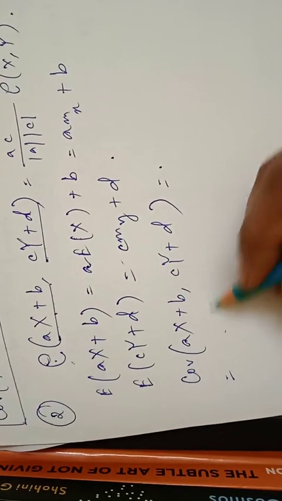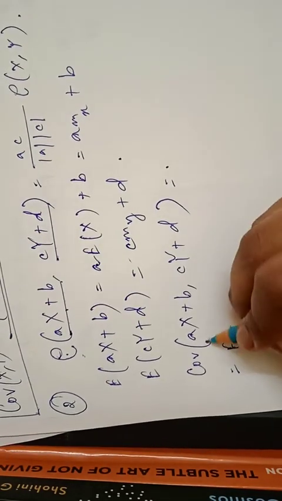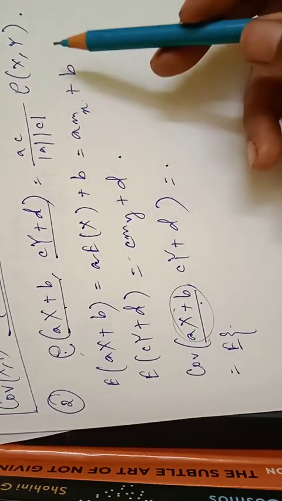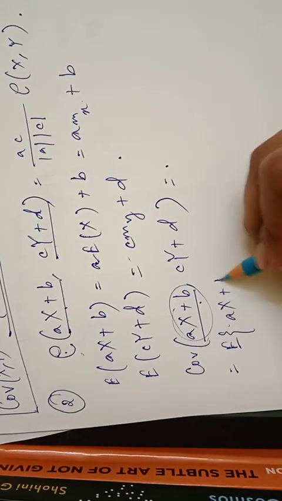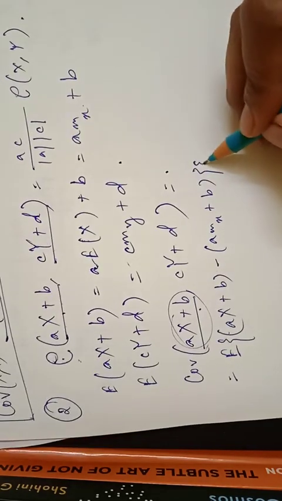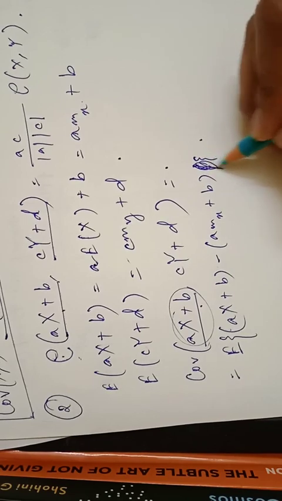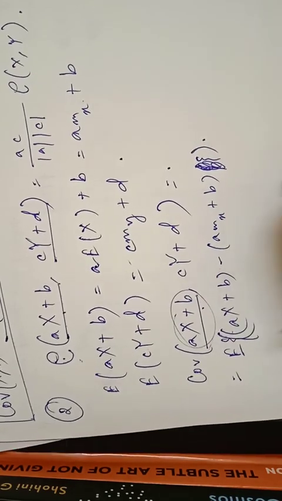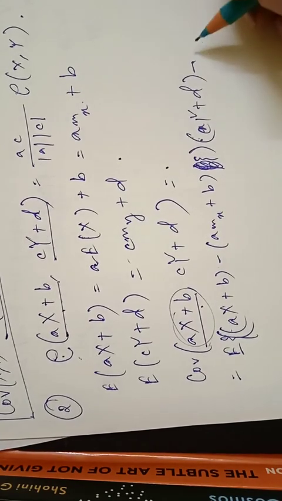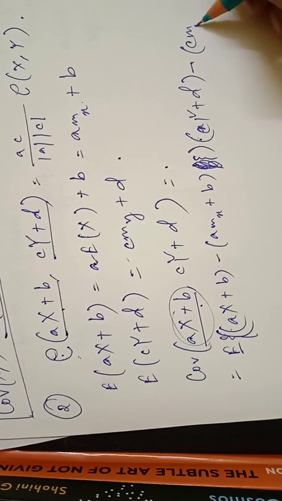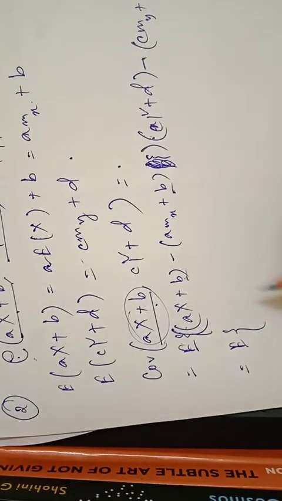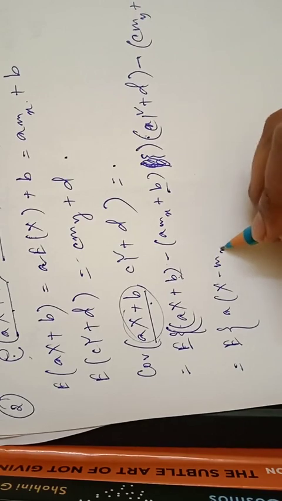According to the formula of covariance, that will give you expectation of this variable, that was x minus mx. So this variable minus its mean. So ax plus b minus (a mx plus b), into, we need to put another bracket, into (cy plus d) minus (c my plus d). Okay, opening it, plus b minus b got cancelled out, a into x minus mx, then c